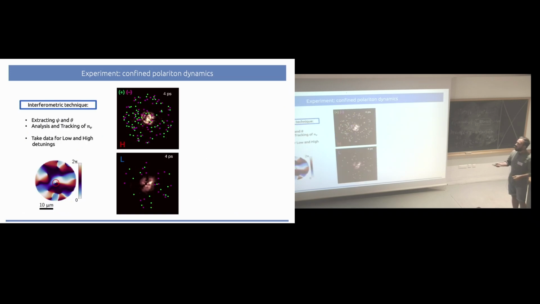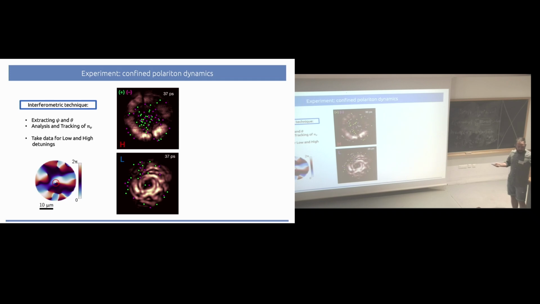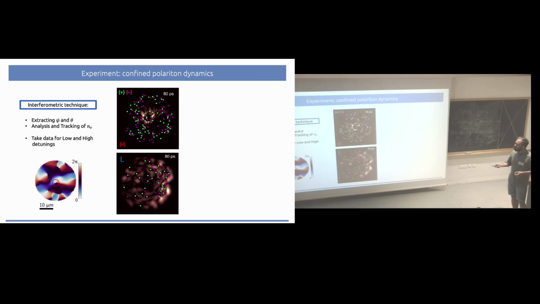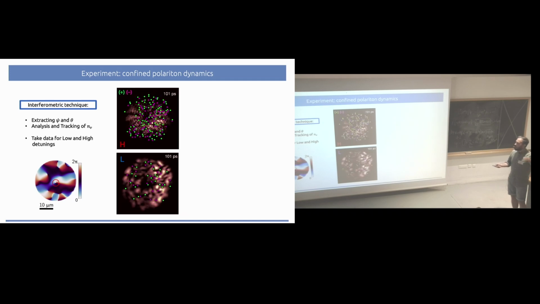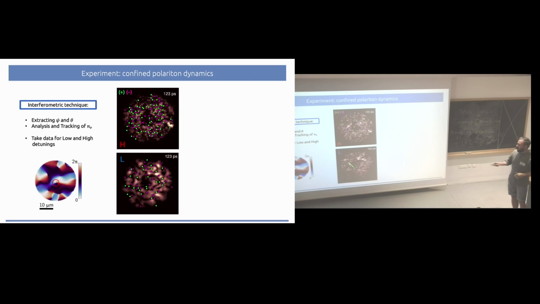Okay, so thanks to very sophisticated interferometric techniques, experimentalists can extract psi entirely from the leaking light of the cavity, including the phase. So we can analyze the phase, track the number of vortices, look at the circulation, and then we take two different data sets, one at low detuning and the other at high detuning, which are